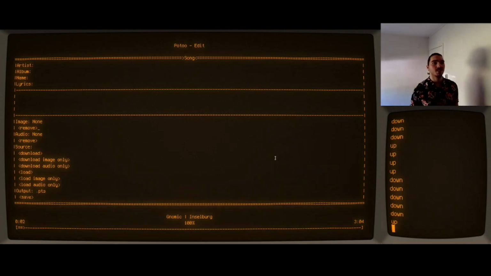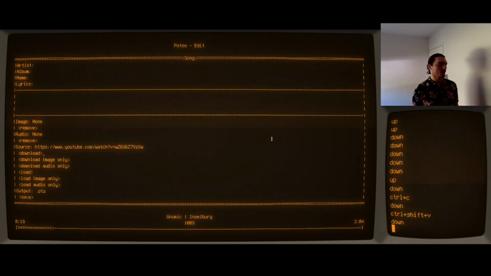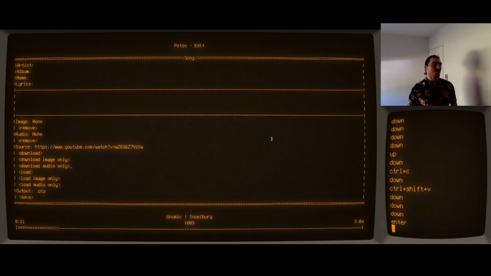And then image and audio are the attached image and audio respectively. If you have an image, it'll say the image size, and if you have audio, it'll say the audio length and sample rate. So as an example, I'll just download Inselberg again. I'll paste it in the source and then press download audio only. That will just download the audio of the song, not the image,